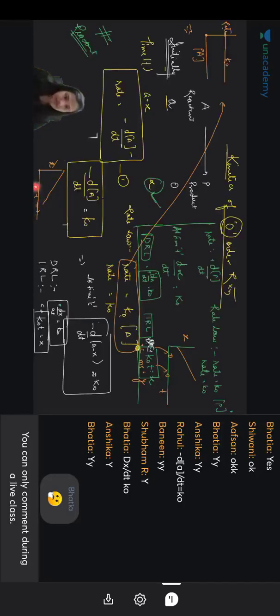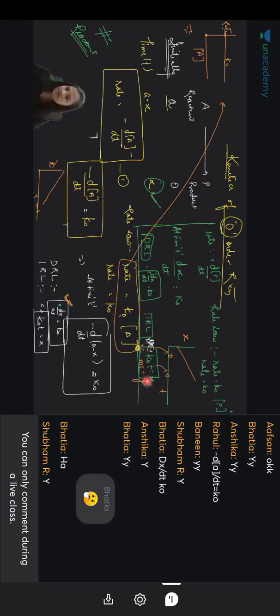और माइनस का dx by dt भी कह सकते हैं, और we can say that in terms of x, I can say that माइनस का dx by dt इज इक्वल्स टू k नॉट, and integrated rate law क्या आया था? k नॉट t इज इक्वल्स टू x, ठीक है? These are the two things that we have received. ओके, सो दिस इज एट टाइम t।